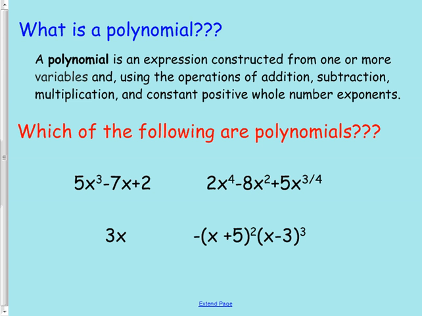All right. So this is the official math way to say this. It's an expression constructed from one or more variables. So it could have 2 variables in there if we wanted to. And using the operations of addition, subtraction, multiplication, and constant positive whole number exponents. All right. So given that last little part, positive whole number exponents,